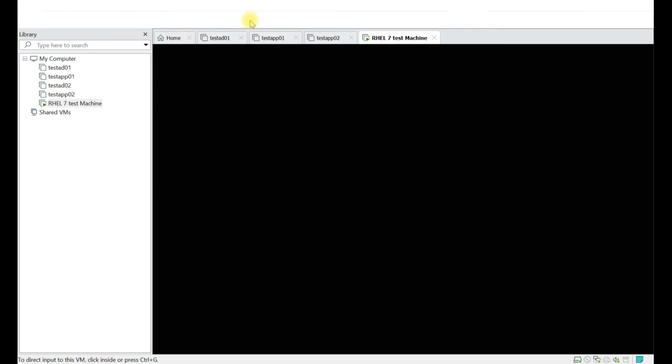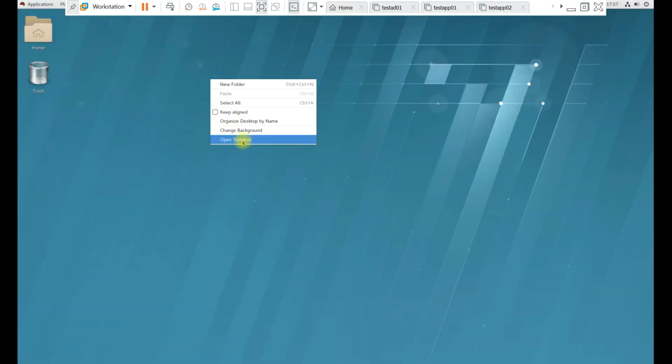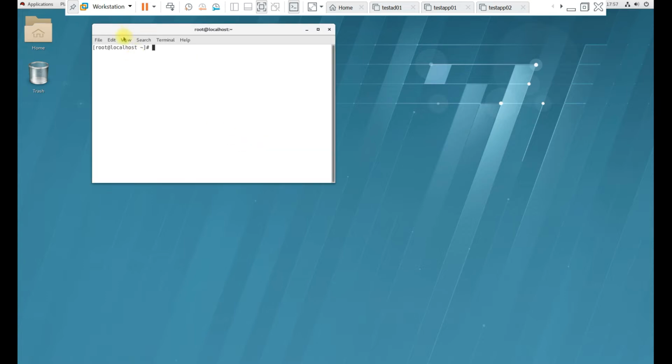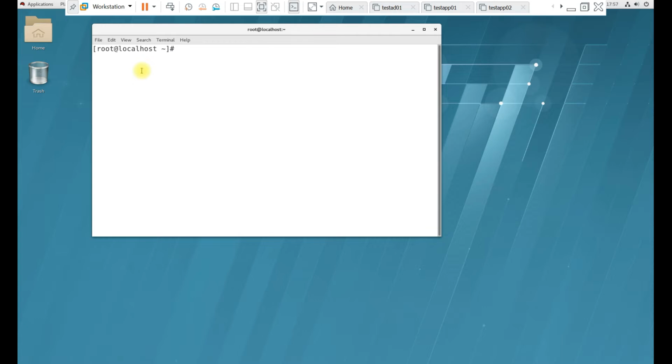Let's make it full screen. Okay, now do right click and let me make it a little bit bigger screen so that it will be easier for you to view.